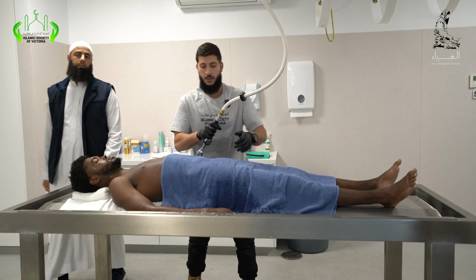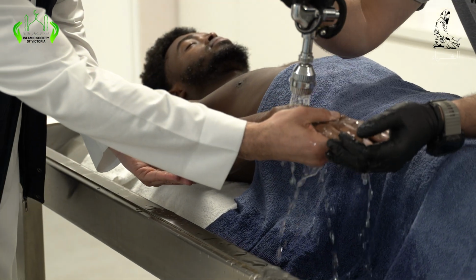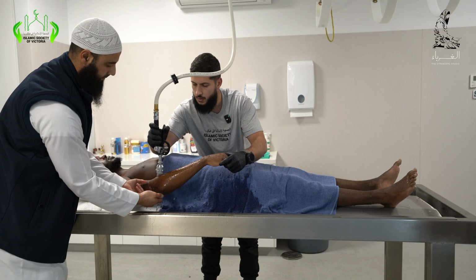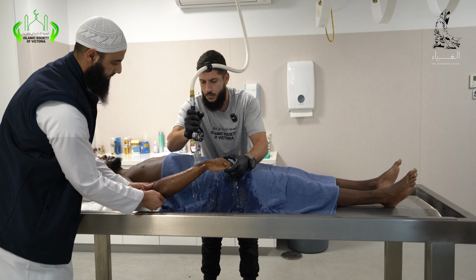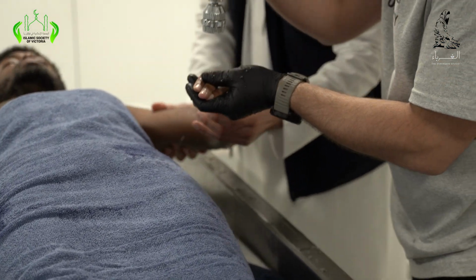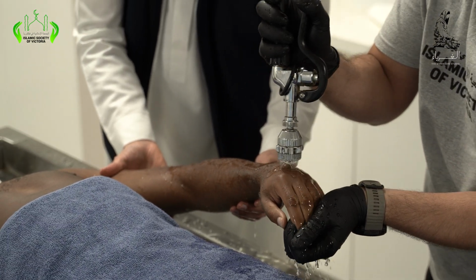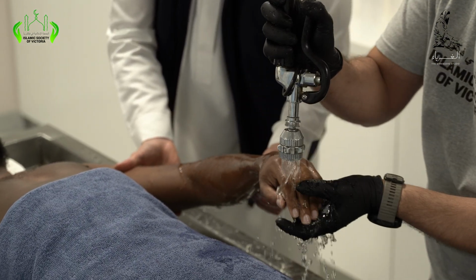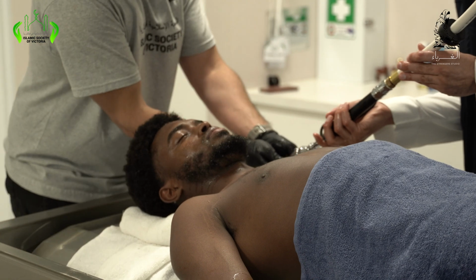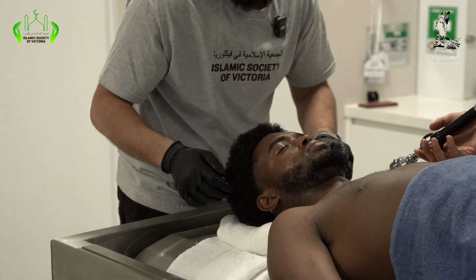Now we'll move on to the right arm and make sure to get from below the elbows to the fingertips. Three times, then move on to the left arm. Once again from the fingertips past the elbows. In one motion, just over his hair, from underneath, back and forth, the ears as well,